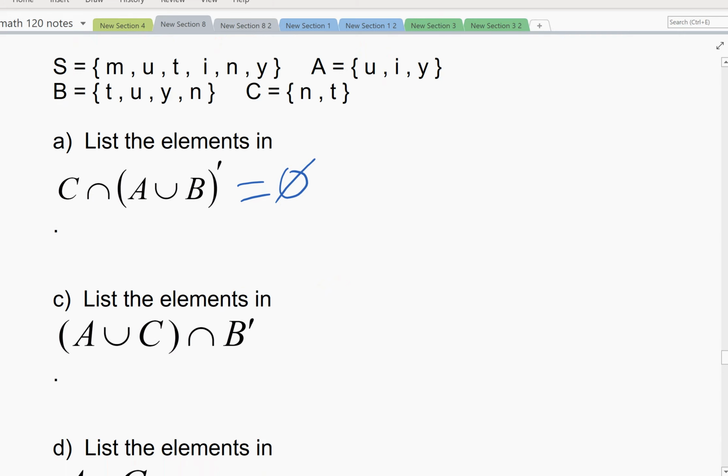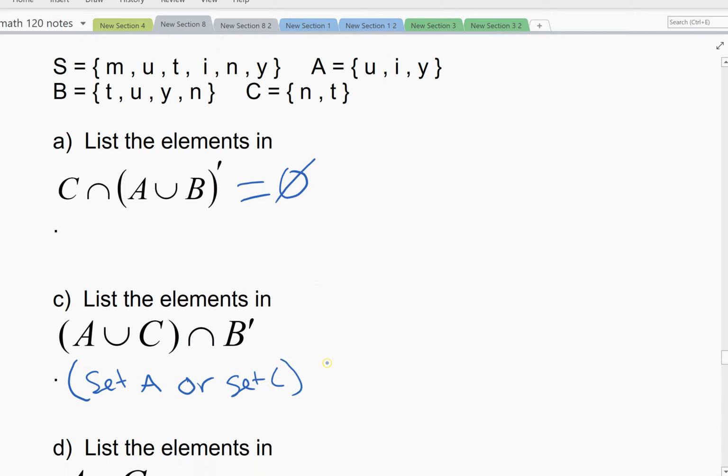Again, I've got grouping symbols, about 3 things going on. So below it, I'm going to write in words, so I'm going to start with a group. So it's everything from set A, and remember that's the OR symbol, or set C, and then outside of the group, and not in B. So first I'm going to start with the group, and then I'll take care of the and not in